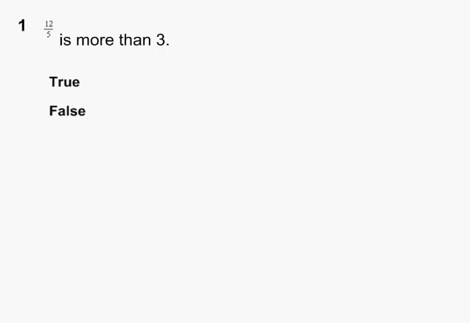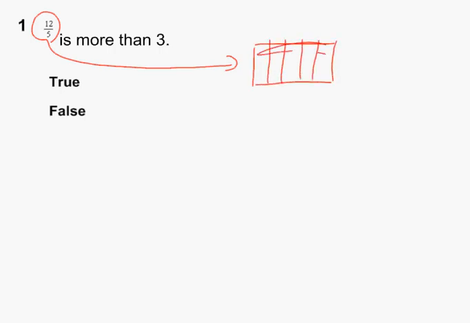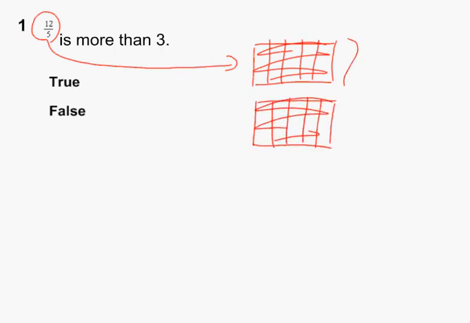The first question says 12/5 is more than 3. So what we have here is an improper fraction, 12/5. And what you have to do is change it to a mixed fraction. So if I was to draw 12/5, the first thing I would draw is 5/5, which is 1. If I drew another 5/5, that would be 10/5, and 10/5 is really the same thing as 2, right? If 12/5 was there,